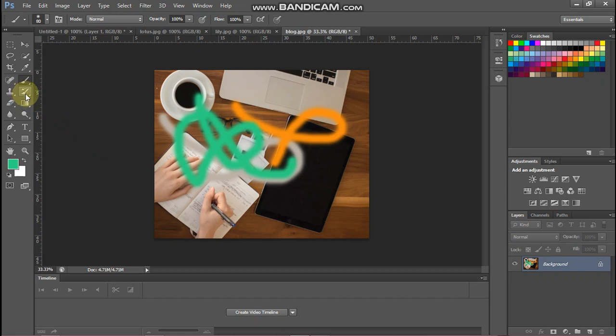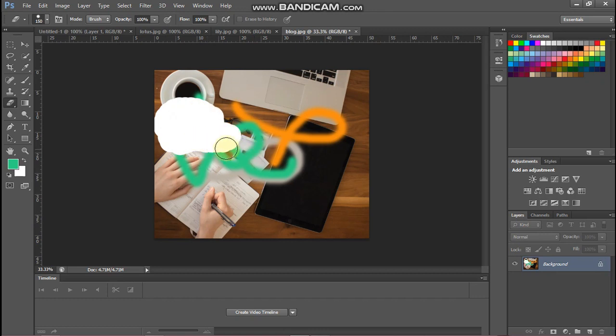So now I am going to tell you about this. This is the eraser tool, right? If you click on it, this is the eraser tool. Now the eraser size is very small, so you can press the right closing curly brace on your keyboard, and the eraser will become bigger. To make it smaller, you can press the left curly bracket on your keyboard, and the eraser becomes smaller.